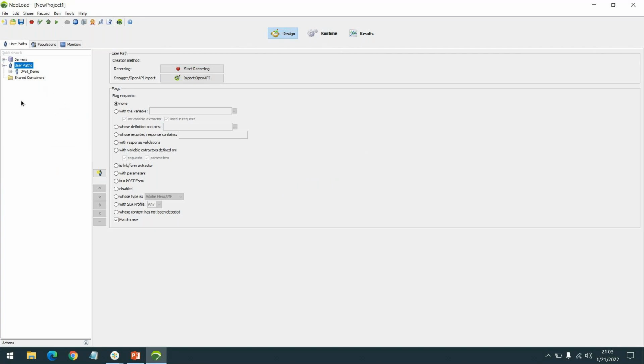So we had started off by recording a simple workflow, right? This workflow can be called an unauthenticated workflow. So what is this unauthenticated workflow? Any transaction or